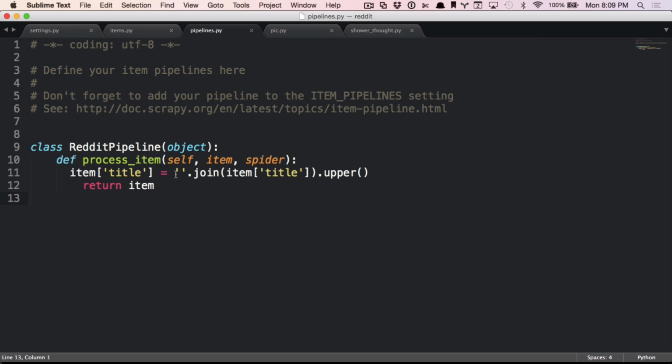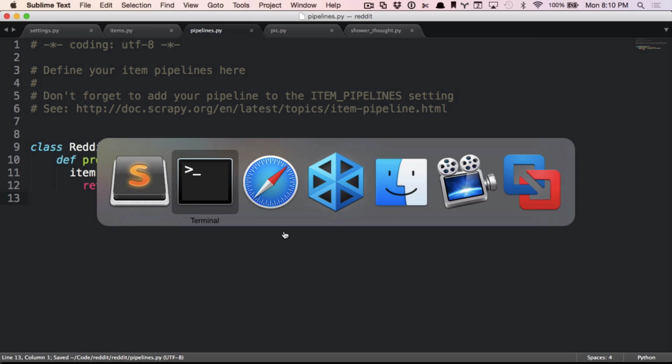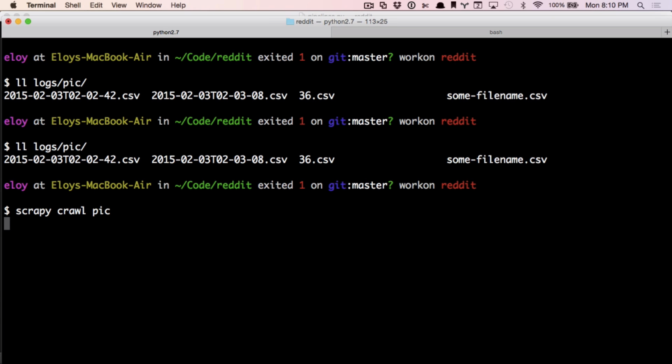In this case specifically, whenever you store items inside of the item, it stores it in this list type of thing. All I'm doing is converting it to a string. That's all. And then I'm uppercasing the title, and then saving that title into its original place. And then I'm returning the item. That's it. That's all that I'm doing. So what should happen when I run this crawler,